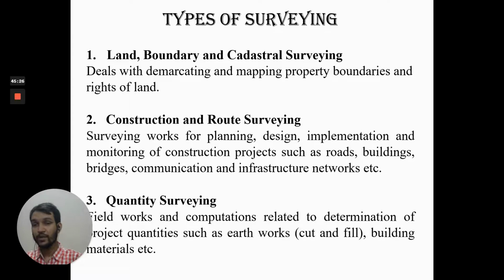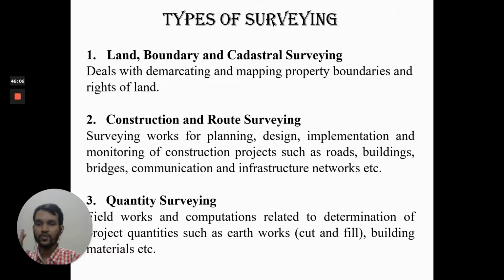There may be a question of why we need to locate. Consider a simple example of a house that you are living in. You know its dimensions. Suppose there is a room whose dimension is 3 feet. Once you have located one corner, to locate a point at a distance of 3 feet, you have got the complete area, but you need to locate that point at an exact distance of 3 feet from this point. So how can you locate that point? That is using these techniques that we are talking about. This is known as horizontal control.